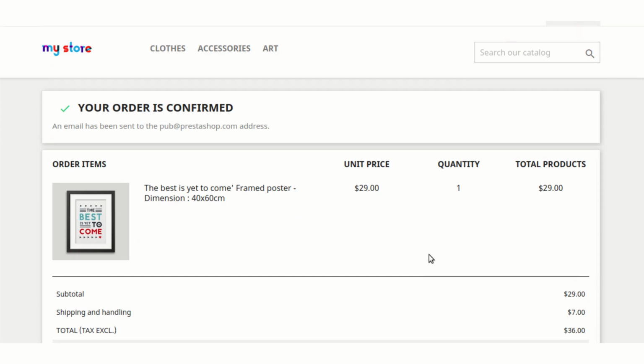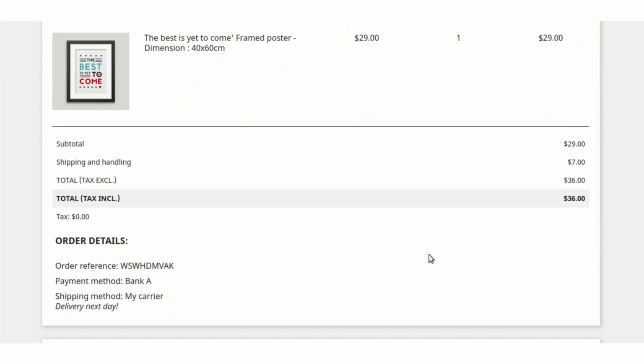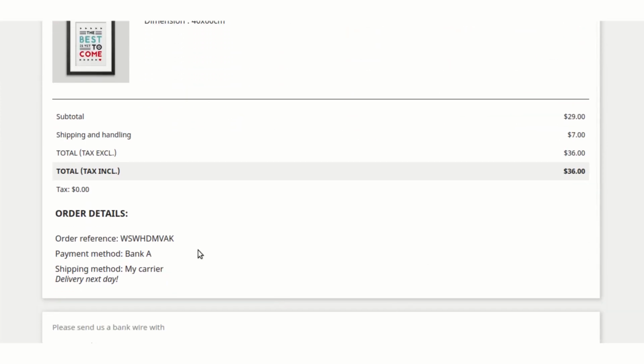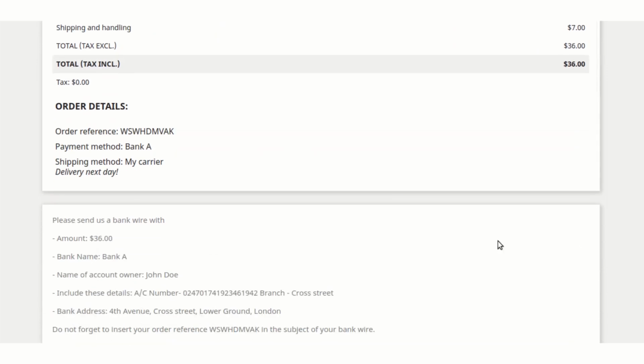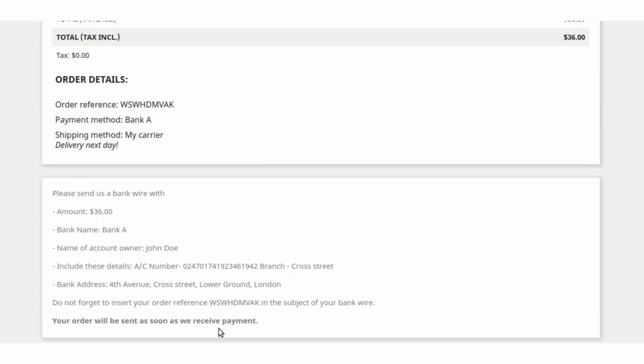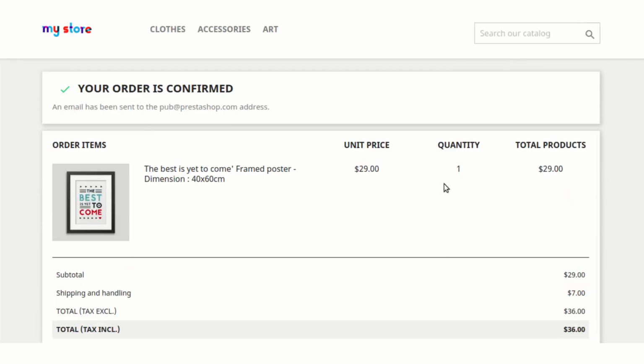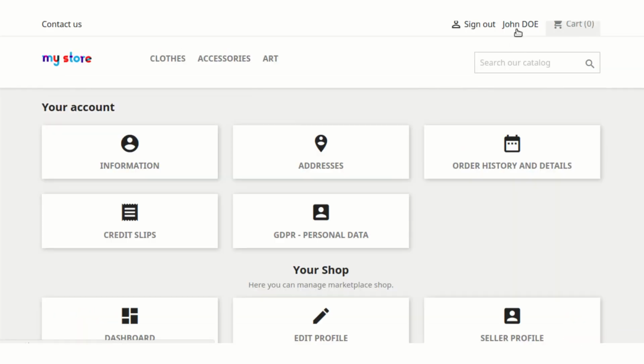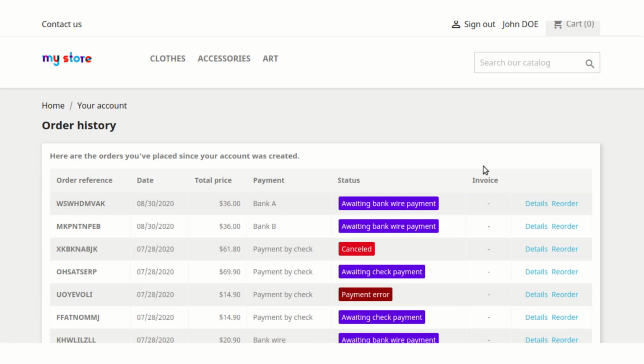As you can see now, we have successfully placed the order. On the order details page, that is this order confirmation page, a customer can see the name of the bank and details of the bank added by the admin. These details are also available under the order details page,